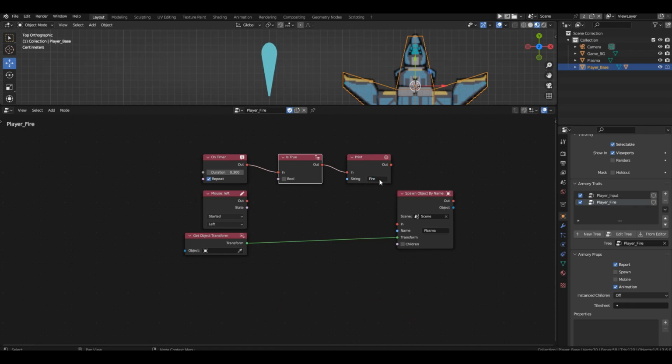Here's what's happening now. 3 times per second, this block checks the input, which is a boolean. If, at that moment, it receives true, the block triggers and passes the signal further. This means that fire will be printed to the console. And if, during the check, the input is false or nothing, the block simply waits and nothing is printed to the console.